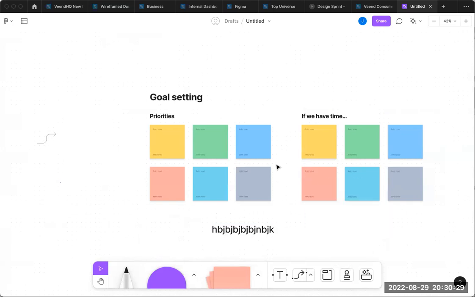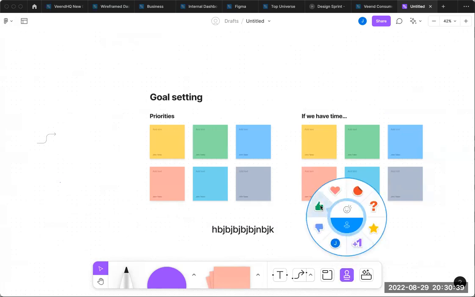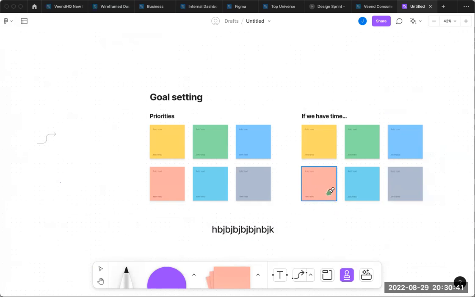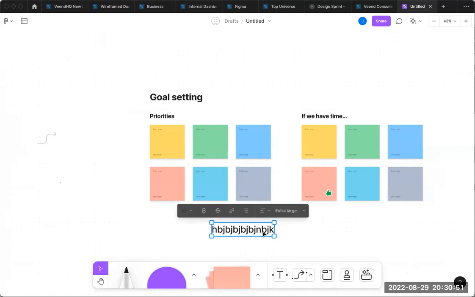Let's say someone created a user flow, and you want to add a comment. Okay, let's do this. I just add it here. Yes, I like your work. So FigJam is very, very useful for collaboration, and it has proved to be very, very effective over the years.